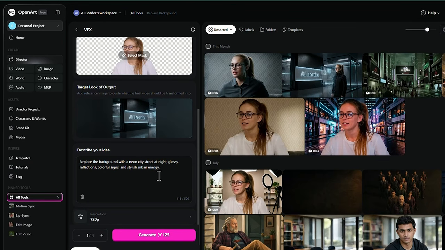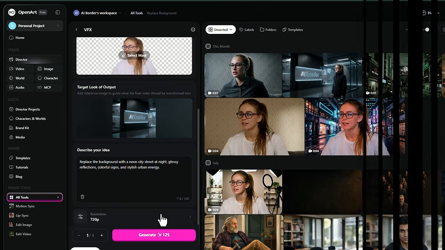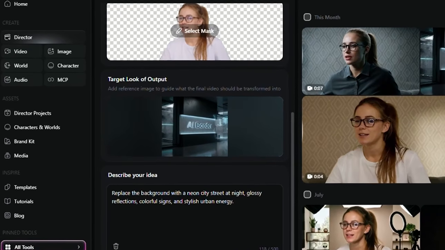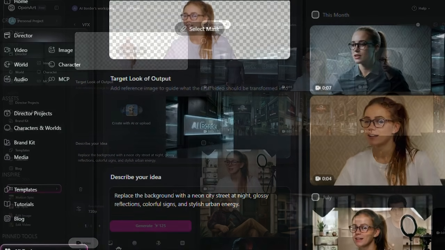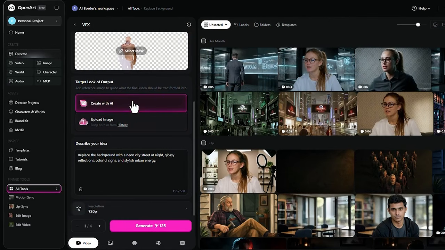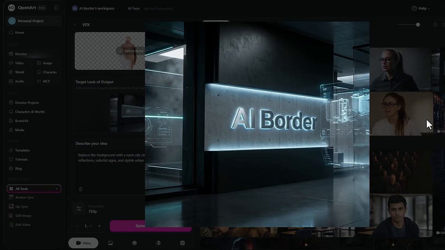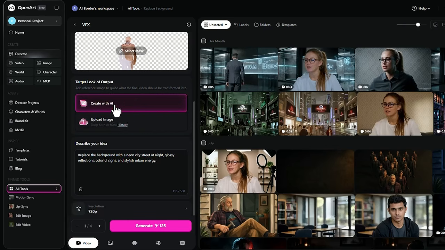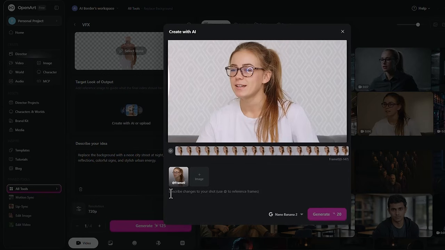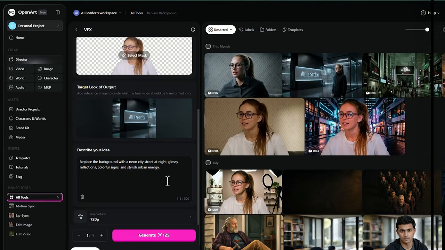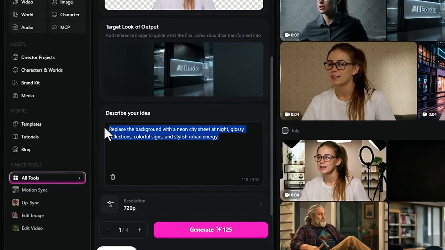Now we arrive at what I believe is the most important part of the entire workflow: reference images. If there is one thing that will have the biggest impact on your final result, it's this feature. You can upload an AI-generated image or a real image as a reference. Instead of guessing what you want, the model uses that image to understand the exact atmosphere, composition, and visual style you're aiming for. I upload a reference image that matches the scene I have in mind, add some text instructions,